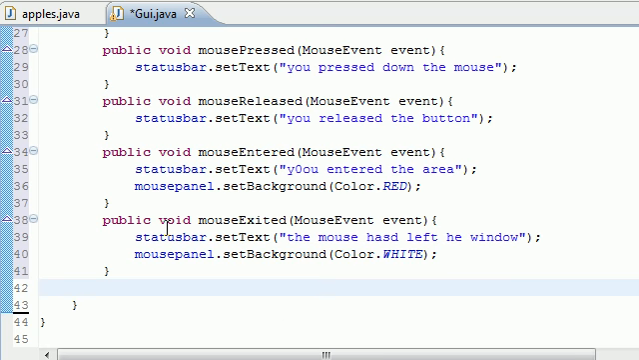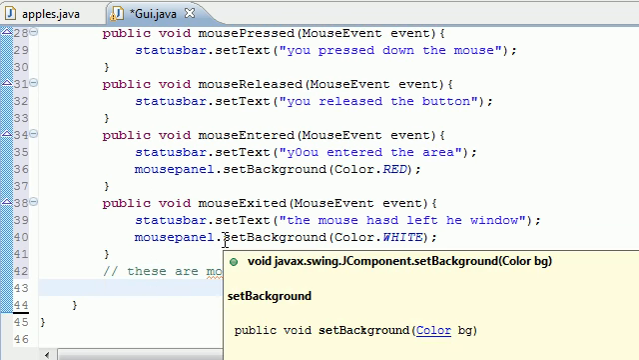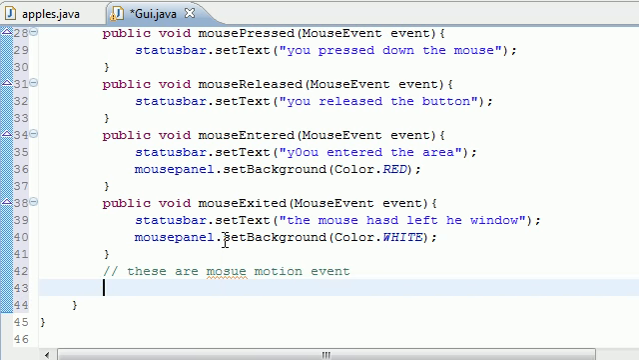So let's go ahead and implement the methods right now. So public, I'm gonna make a little comment. These are mouse motion events. So not just the typical mouse listener or whatever. So the first method we need to make is called mouse drag. So public void mouse